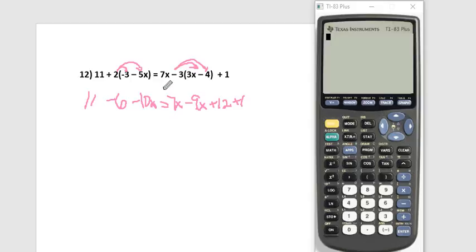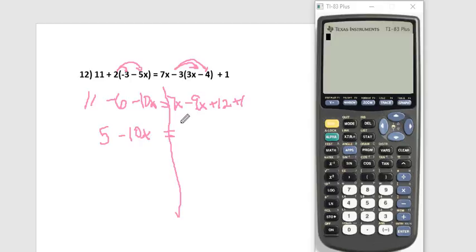Alright, so here's my equals. Ooh, this is really messy here. Okay, so there's my equals. So on the left, I have 11 minus 6 minus 10x. I'm going to put the 11 minus 6 together, so that would be 5 minus 10x